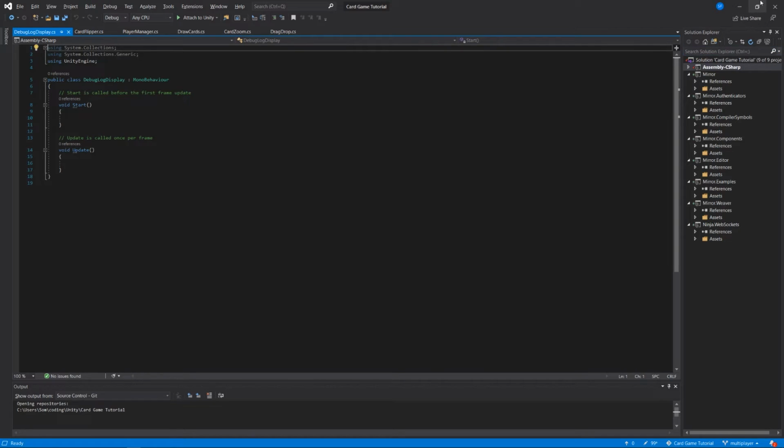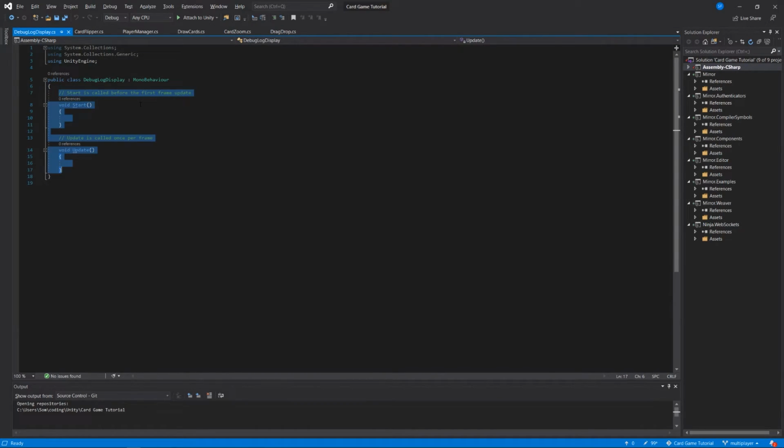Okay, so the objective here is actually pretty simple, but the way to do it is a bit complicated, which is why I say do as I say, not as I do, in that we want the client that's built to display the log information the same way that we have it on our player, on our editor. And